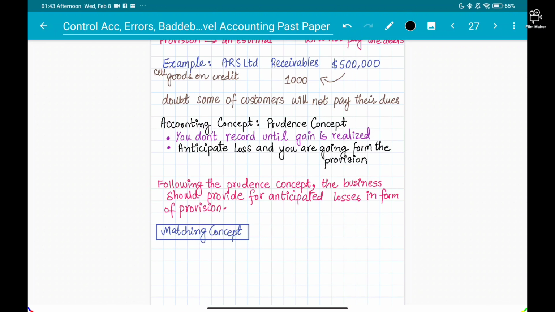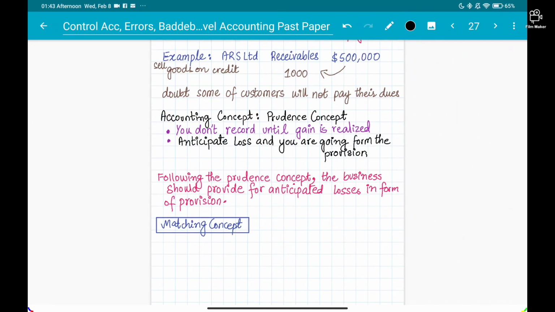year period. Because we have bad debts, and bad debts is an expense of the current year, you have to record it in the current year. So each year's expenses, the matching concept, also the word accruals is used here, so it will also be called the accruals concept. This is the other word for that. Every year's expenses should be matched with the revenues.